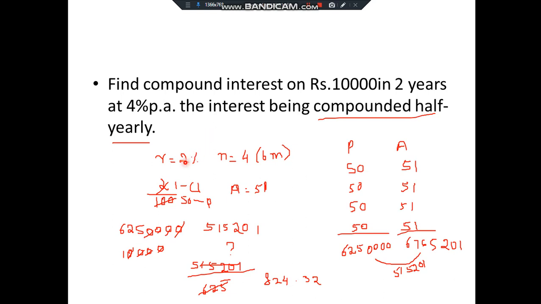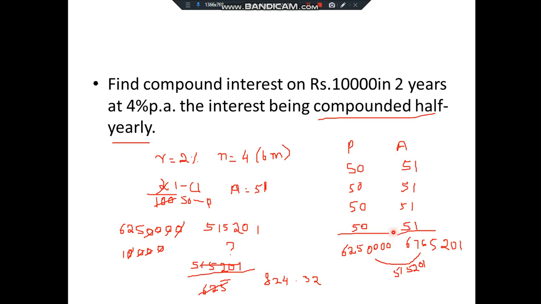So R is equal to 2% and N is equal to 4. Now convert the percentage into fraction. So 2 by 100, which is 1 by 50, where 50 represents your principal and CI is 1. Now we want principal and amount only, because in this method we use principal and amount. Amount is nothing but principal plus CI, so amount is equal to 51. Since it is 4 years, we'll write 4 times 50s and 4 times 51s. 50 is P and 51 is A.